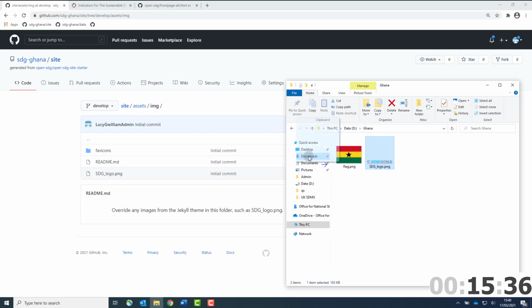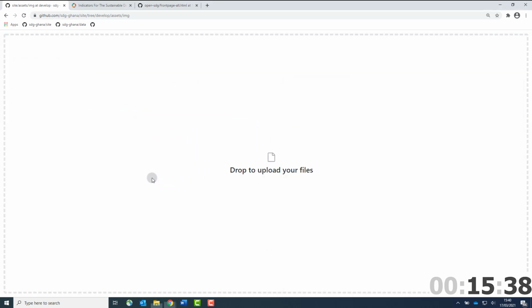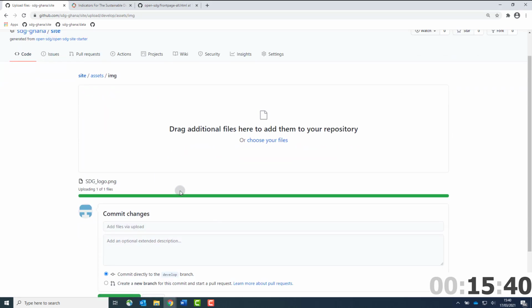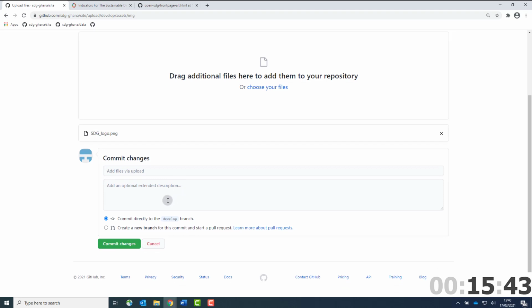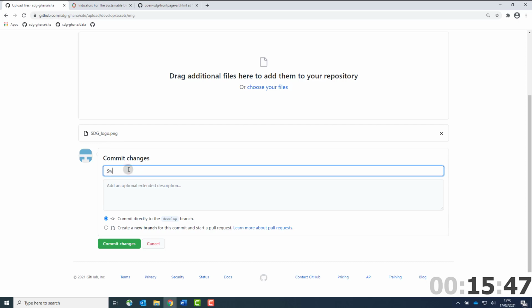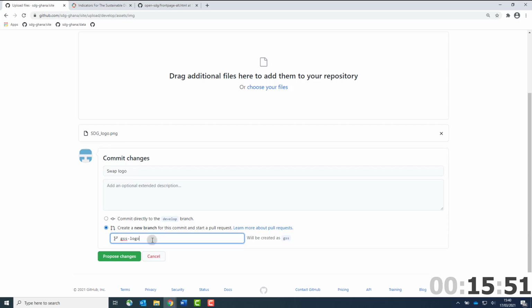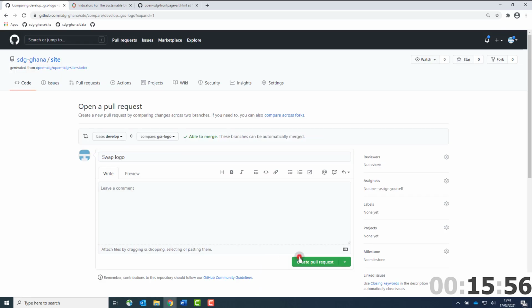Be careful to ensure that the file you are uploading is named exactly as shown. The name is case sensitive, so check that too. Once the file is finished uploading, name the commit and select Create a new branch. Name the branch and then click Propose Changes. On the next page, click Create Pull Request, and again you will need to wait a couple of minutes for